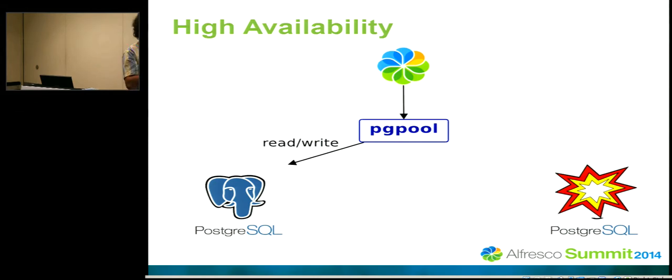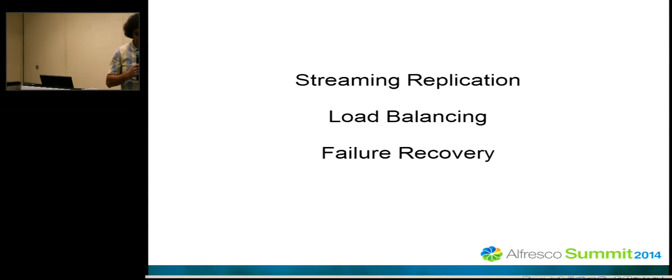This is good, of course, for failure recovery. So when you have your master that crashes for hardware or software issues, even without restarting the server, you have a failover and the slave becomes the master. And this one can do read-write. So out of the box, with a little bit of configuration and installation, you get stream replication, load balancing, and failure recovery with PostgreSQL. Of course, those are for failure recovery with software and hardware, but there are some more nasty things that you can face,